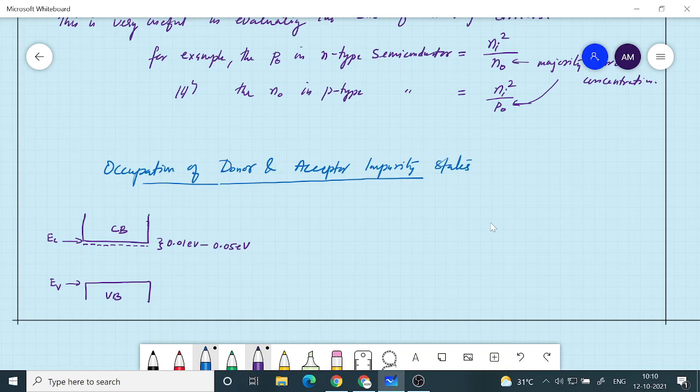We can just leave those details and consider the cases where the concentration of doping is not very high. Therefore they are discrete states, far apart in position space, and they are just beneath the bottom of the conduction band EC by this much amount. So what I said is that these electrons, if they get some energy, can move to the conduction band very easily. We would like to know how many of them have moved, and how many of these donor impurity states are occupied.